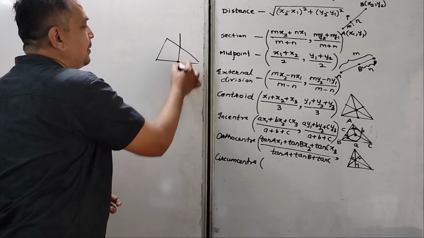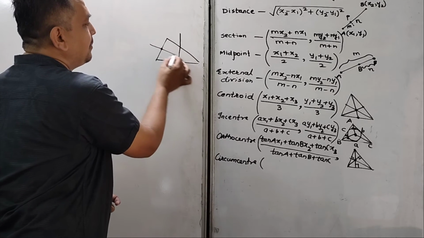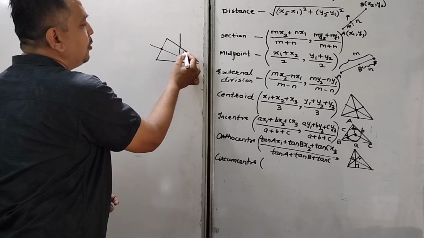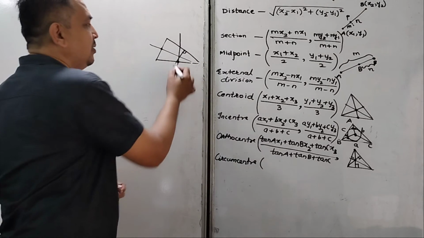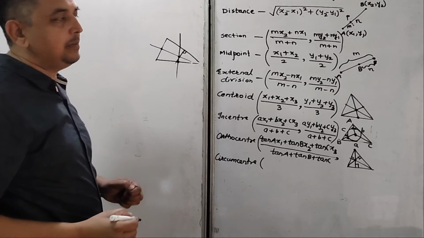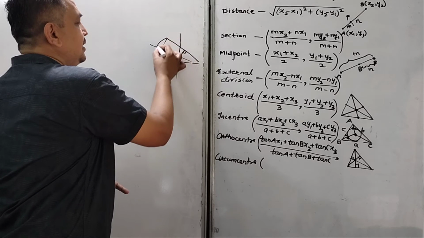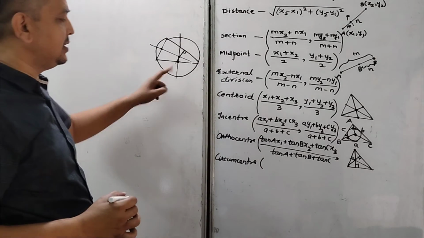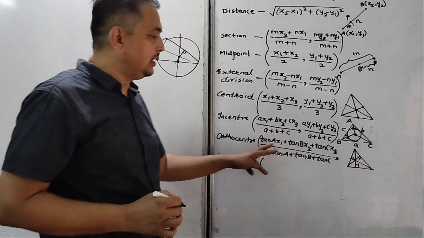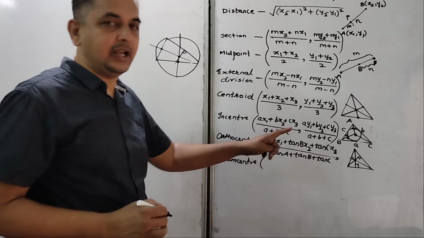If we draw a perpendicular here, this is the midpoint of the side. If we draw a perpendicular over here, this is the midpoint of the side, we draw the perpendicular. So the perpendicular bisectors of the three sides pass through one point. Taking this point as a center, we can draw a circle passing through all the vertices. So this is the circumcenter. Now again the similar formula, only change: in place of tan A, tan B, tan C,